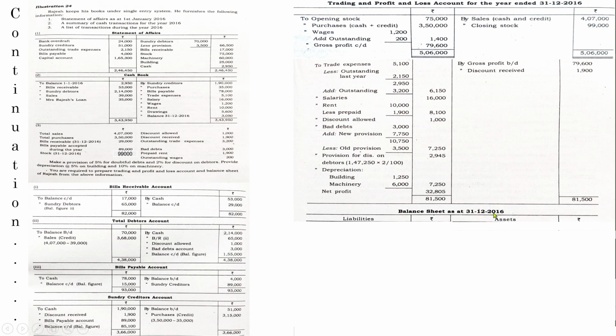Balance sheet as on closing date. Now let us go through all the details and write down the assets and liabilities that have to be recorded in the balance sheet. First one, bank overdraft 24,000. There is no adjustment regarding that, so write down the amount. Next one, creditors closing balance. But before writing this amount, this is the opening statement of affairs, you need to find the closing balance. So go to the creditors account. Closing balance is 85,100.